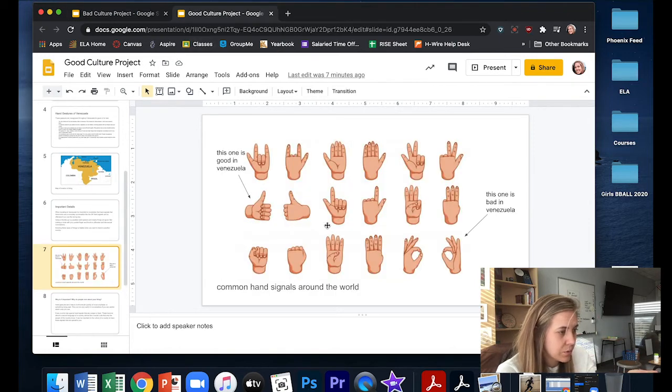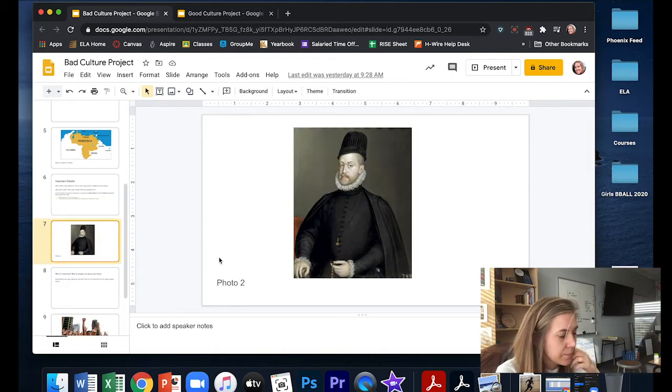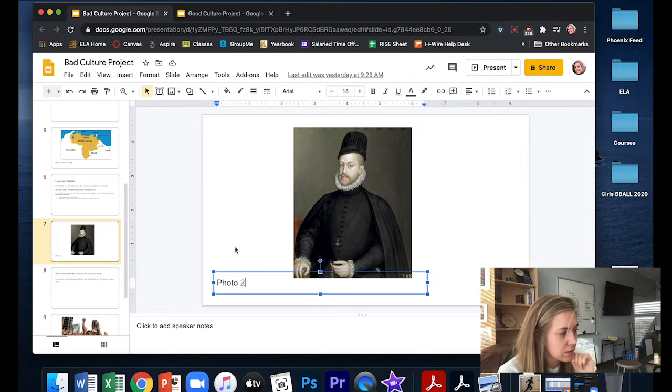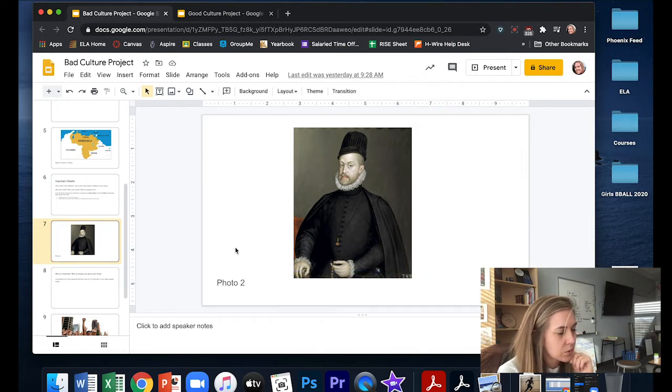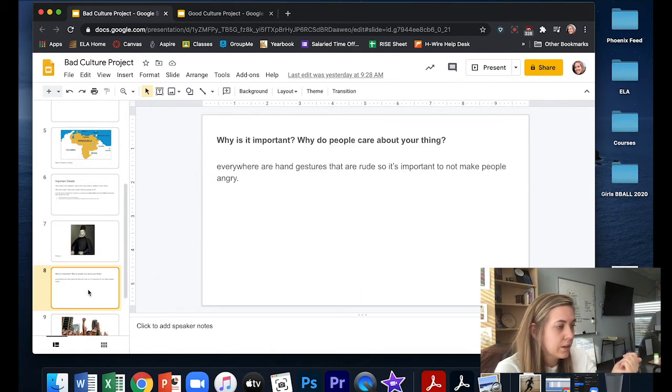In the good example, the picture directly relates to the previous slide. So if it's not clear who it is, you have to have a caption to make it clear. Or if it's not clear, it might be better to consider just doing a different photo, so that the photo speaks for itself. Okay, on to the next one.